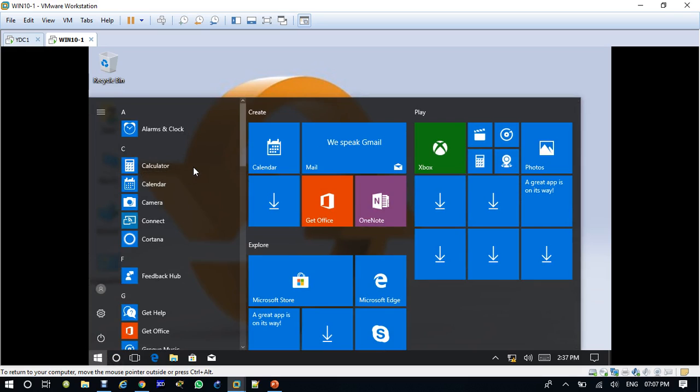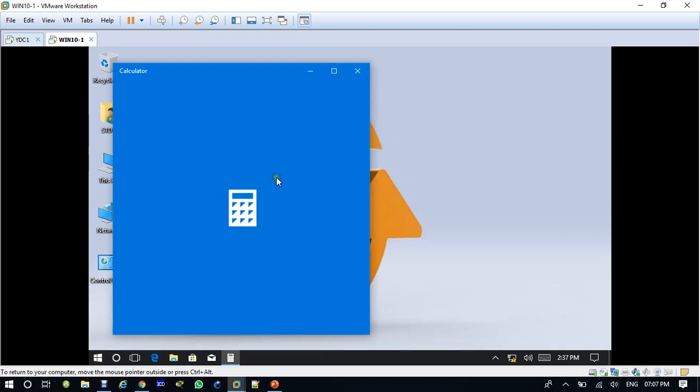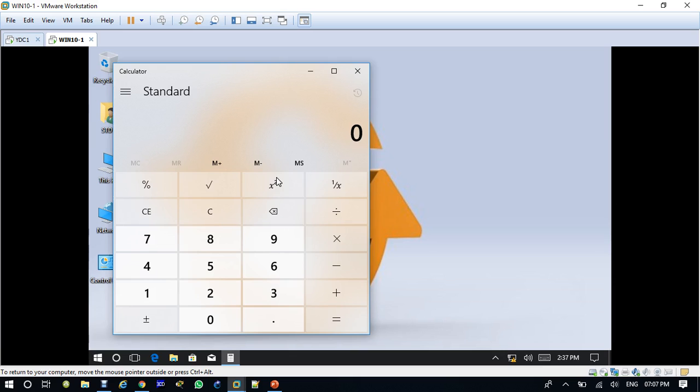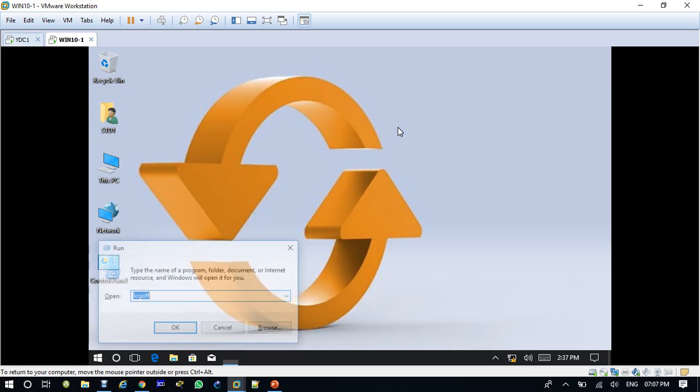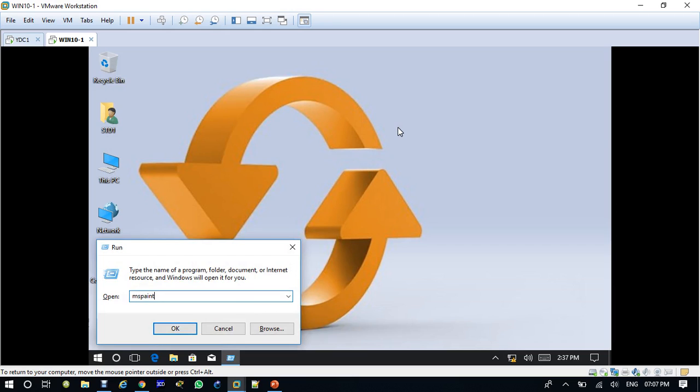See, now you can see he is able to open MS Paint.